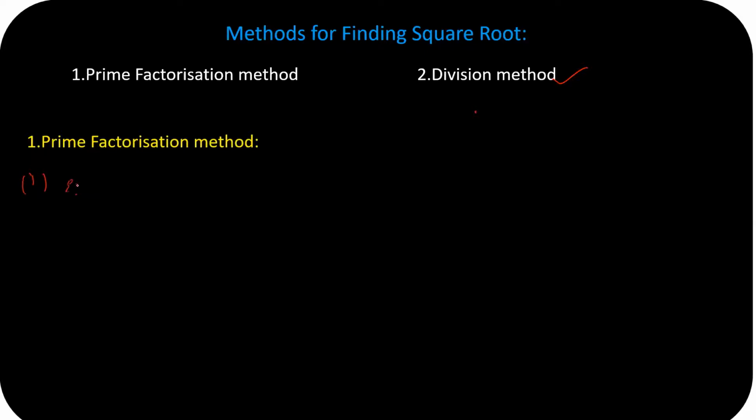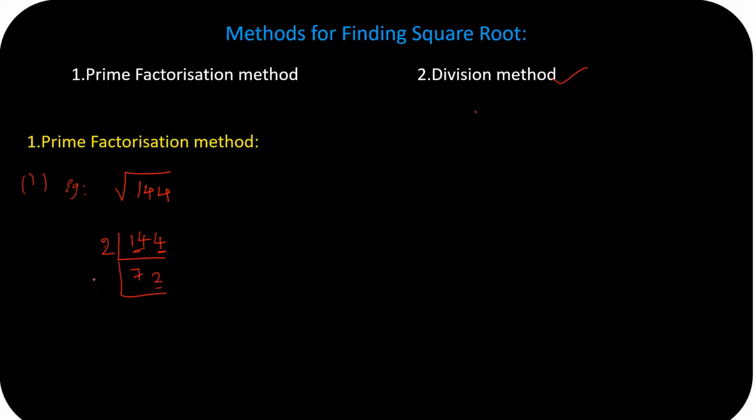Find the square root of 144. So I'll write it as, I'm finding the prime factors of 144. So 2 is a prime number, right? Why am I taking only 2? Because here the ones place digit is 4, so this whole number is divisible by 2. So I'm taking 2 here. 2 sevens are 14. Done, right? Next, 2 twos are 4. Completed.